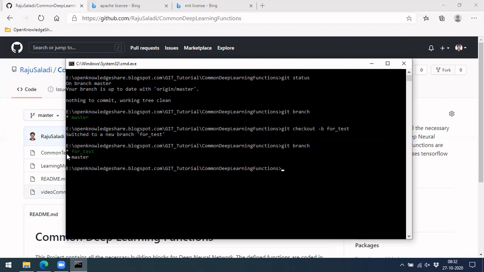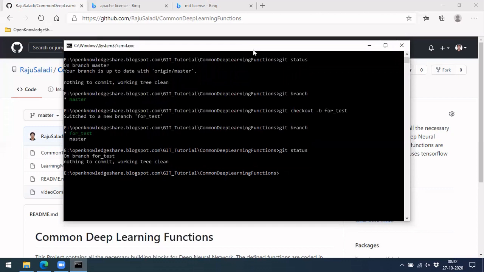You can see there are two, and for test is highlighted, which means we are currently in that branch. Let's also see git status, as we saw before. Nothing to commit, working tree clean, so there are no local changes which were not saved.